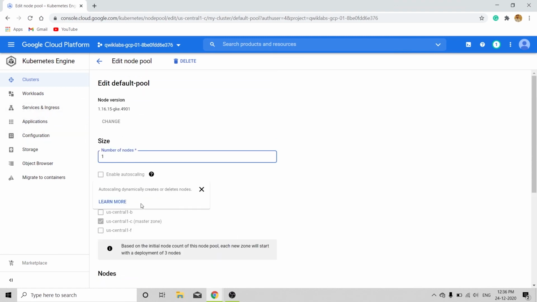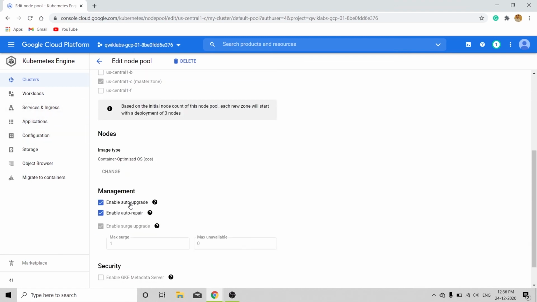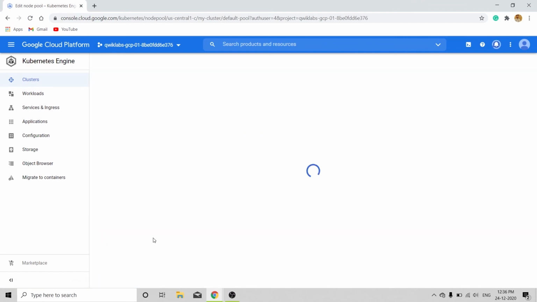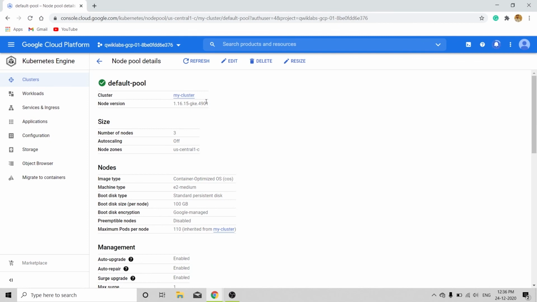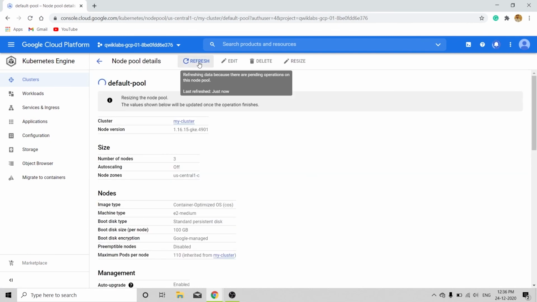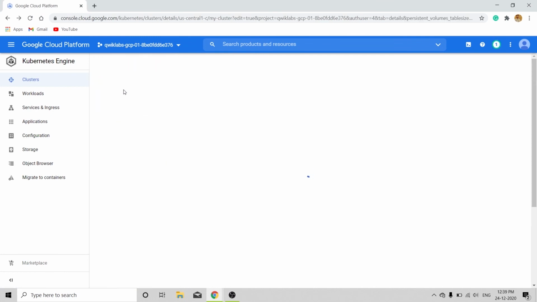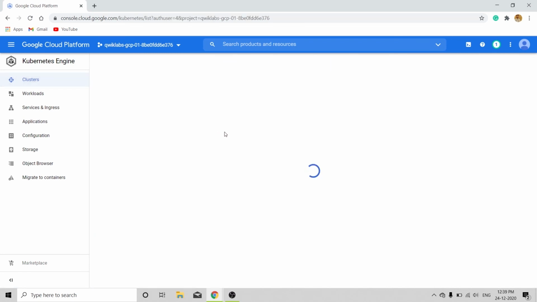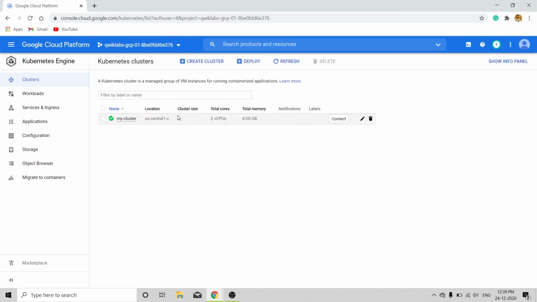just click save. Once we are done, we can click save, and upon refreshing, the cluster will start to resize the pool. So the number of nodes will automatically change from 3 to 1. So now you can see that our cluster is ready. So you can see there are 4 GB memory and 2 vCPUs and 1 node. So this is how you resize your node pools